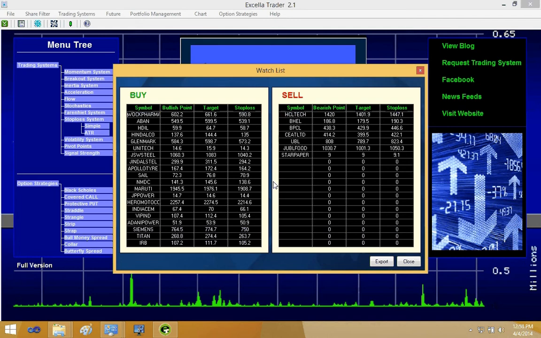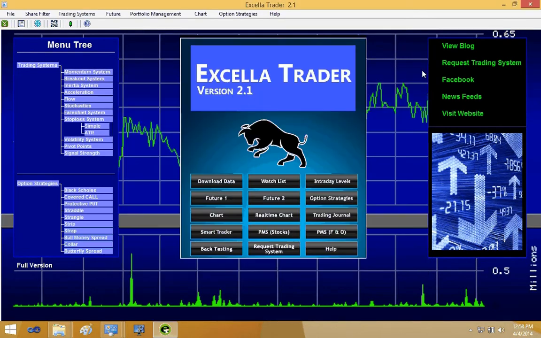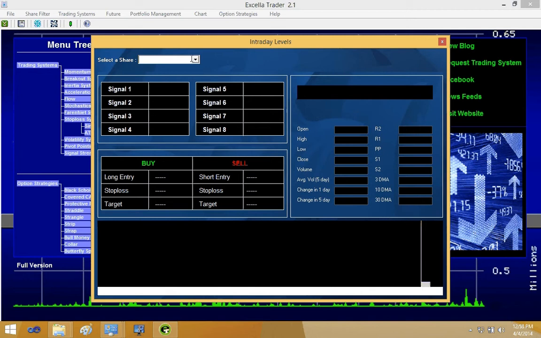The watch list window will show you buy and sell shares. Entry point, target, and stop loss are mentioned here for the buying and selling shares. This is the intraday level button. Using the intraday level button, you can find out the details of the shares, whether it is neutral, buy or